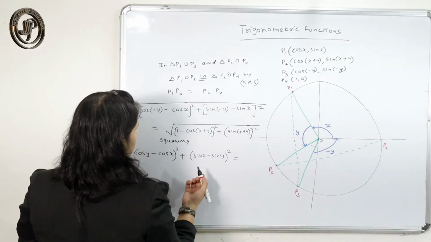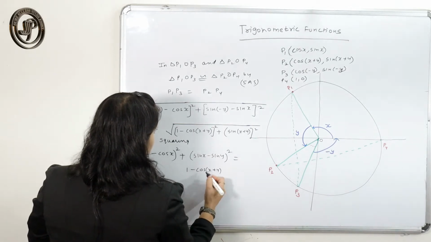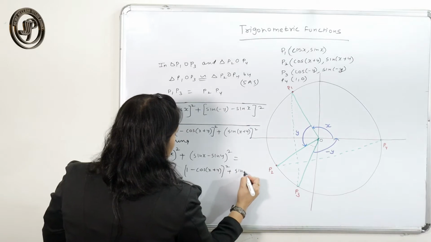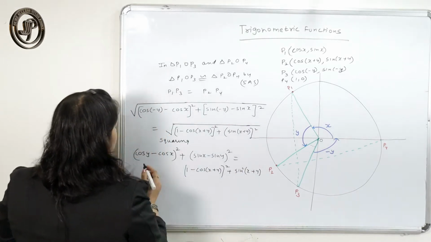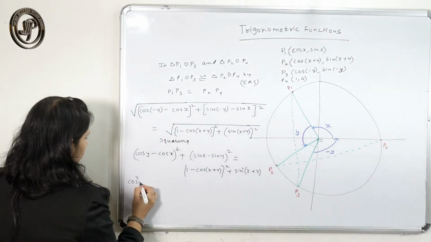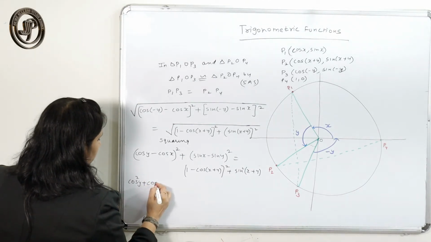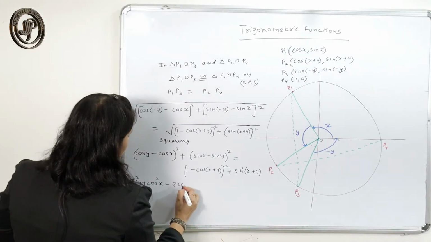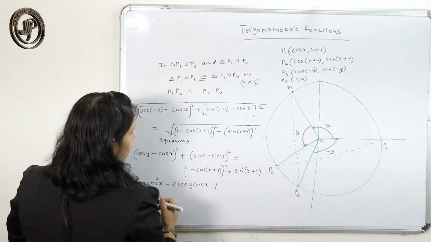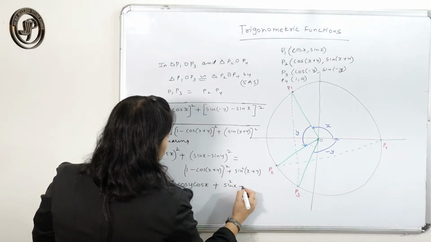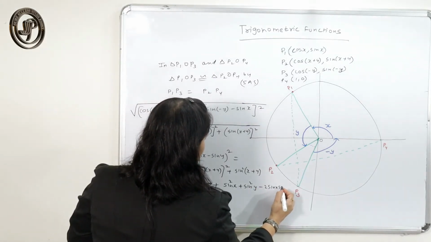Here I can write nothing, but I have to open the identity here, plus sin x plus y the whole square. Now if I open the identity, I will get cos square y plus cos square x minus 2 cos y cos x, plus here what you will get, sin square x plus sin square y minus 2 sin x sin y